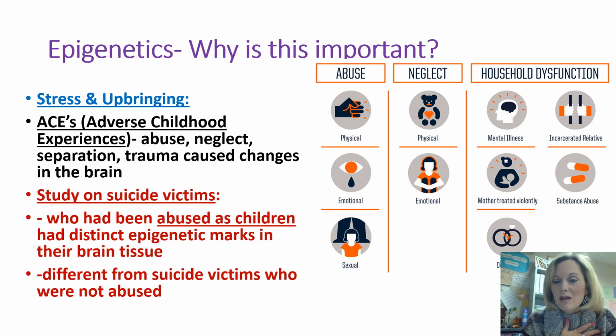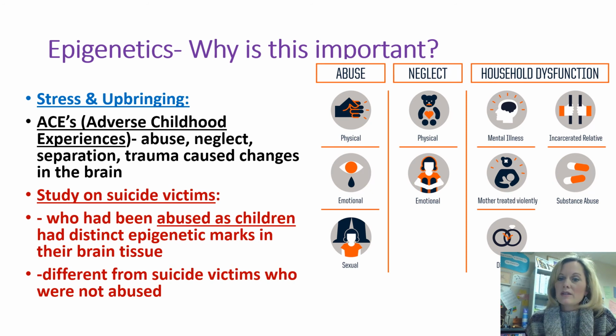I have some ACEs. One, my best friend died in high school, a very traumatic experience. It wasn't abuse or neglect or sexual abuse or anything like that, but it was a traumatic event. That would be an ACE. My parents got divorced. That wasn't early on, that was later on in life, but that would be an ACE. Substance abuse, my sister had a drug issue in high school. That would be an ACE. Mental illness, my family, like I just said, has mental illness in it, so that would be an ACE. So I had 4 already.